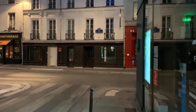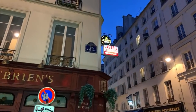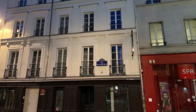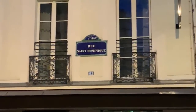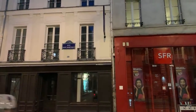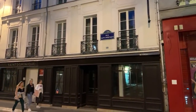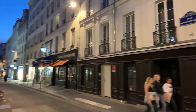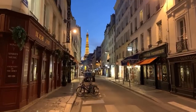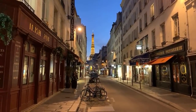Now, we made it. So if you want to look on the maps at home where we are exactly, this is Rue de la Comète, Comet Street, where it meets Rue Saint-Dominique. And we're about to walk right down the middle of it. And if I'm right, oh, I am. If I'm right, you guys are in for a treat. You ready for this? As I go to the left, are you ready? I think I'm just gonna stand still and let us appreciate this for a second, because it is really